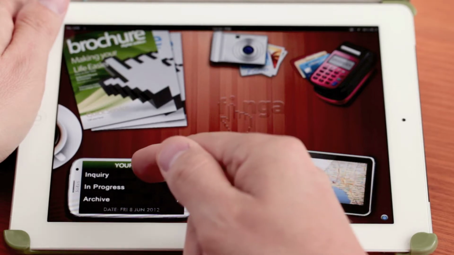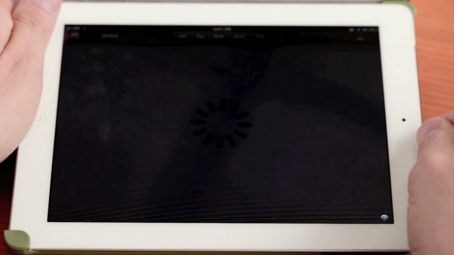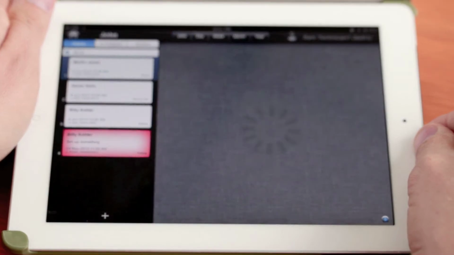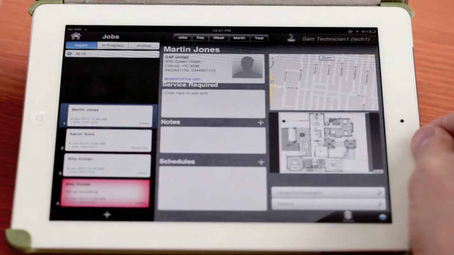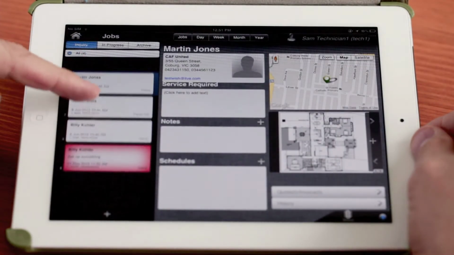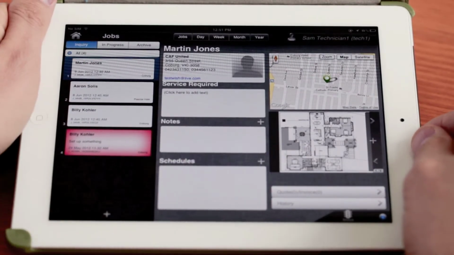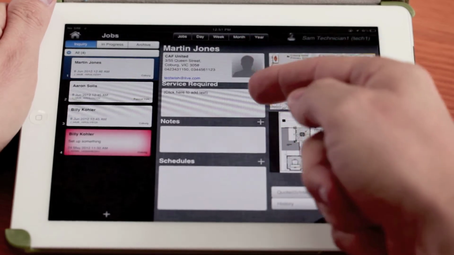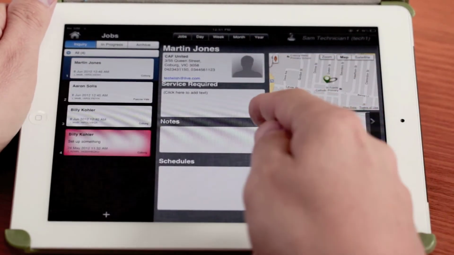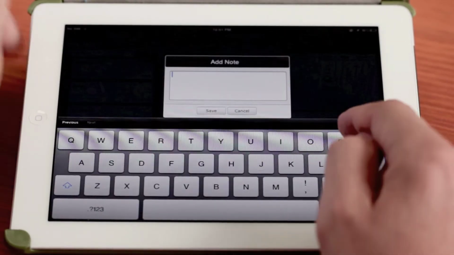For example, if I push the inquiry button, that will take me to all the inquiries. You'll notice here we've got 4 inquiries. The top one, Martin Jones. Martin Jones, we've got his address, service required. If we want to add some notes in for this client,